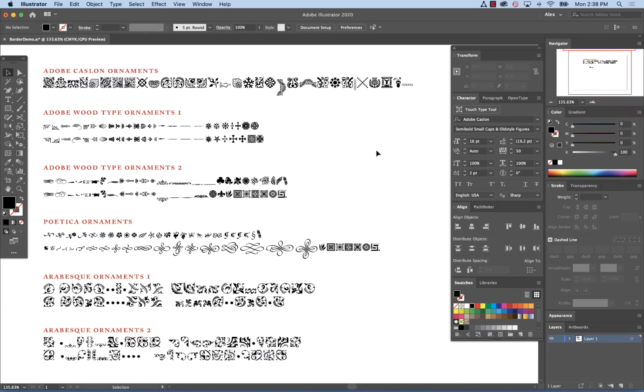Hi, so now I'm going to demonstrate how to create a typographic border using ornaments that are built into different typefaces. You can see here in Illustrator that I've already selected a handful of typefaces that I know have ornaments built into them. And with a little bit of research, you can find a lot of different ornaments that are